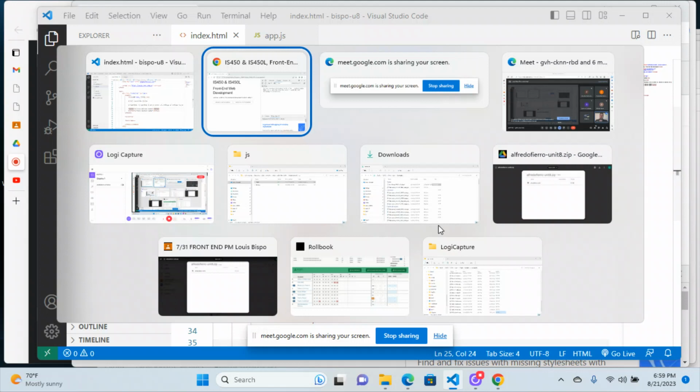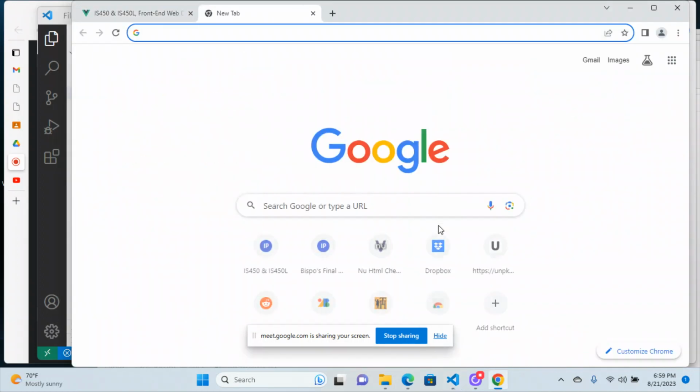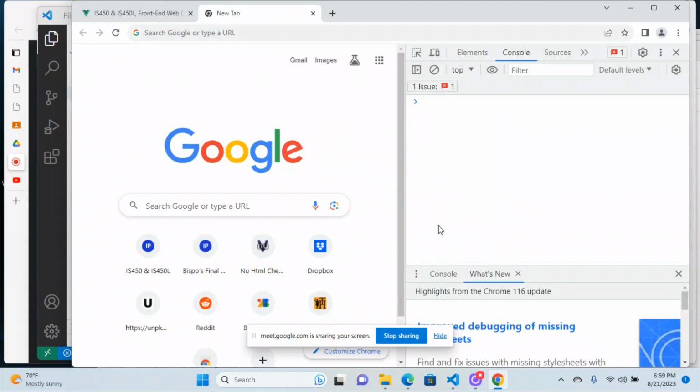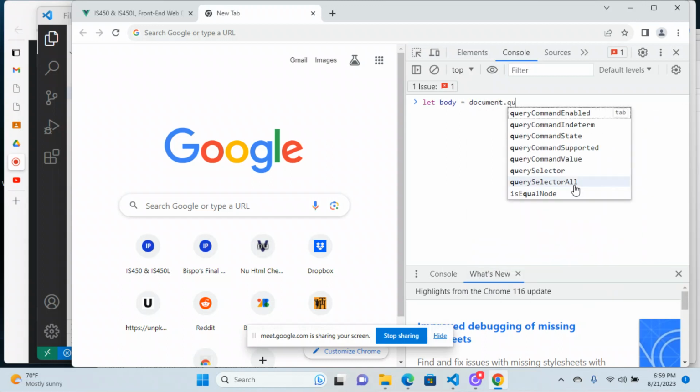So for instance, in vanilla JavaScript, let me go ahead and open up a new tab here. You guys don't need to do this unless you want to. I'm going to say body equals, you guys have learned about this before, document.querySelector